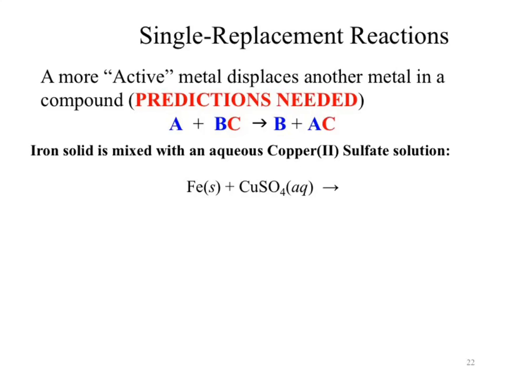Okay? So our general format for our single replacement, we're taking some metal, we're reacting it with a compound, and in the process of that reaction, the metal ion from our compound is exchanged with the metal that we added into it. Okay, that's our overall balance with this. So if we take a look at the reaction shown, iron solid is mixed with aqueous copper 2 sulfate solution to produce what? Okay, this is an exceedingly tricky one, but unintentionally. So let's make it as simple as possible when you go through and do this. What are we going to expect to happen? Iron sulfate. We're going to expect to end up with iron sulfate